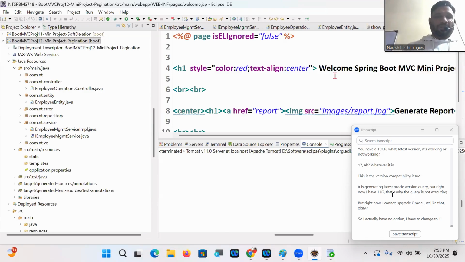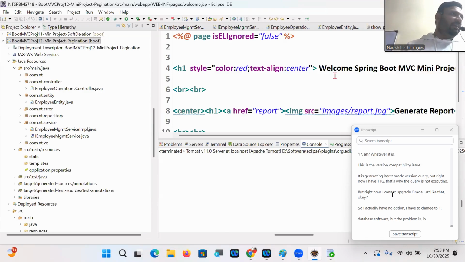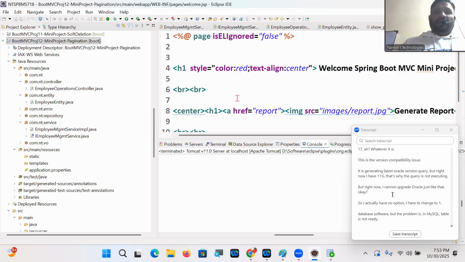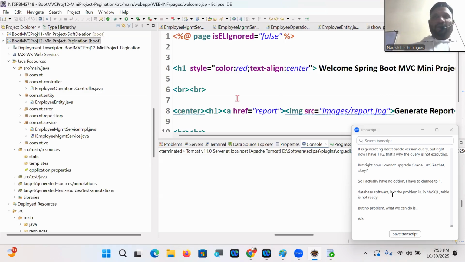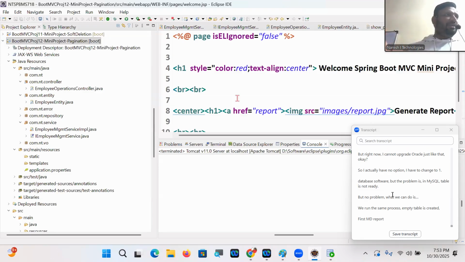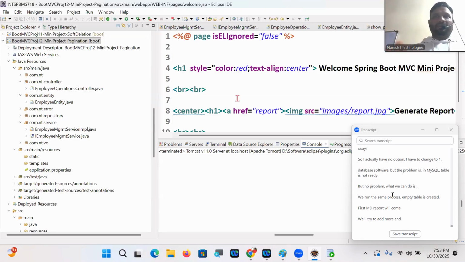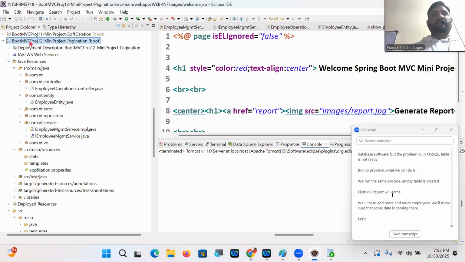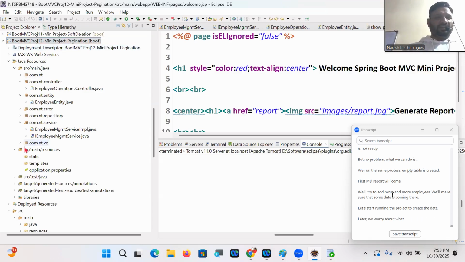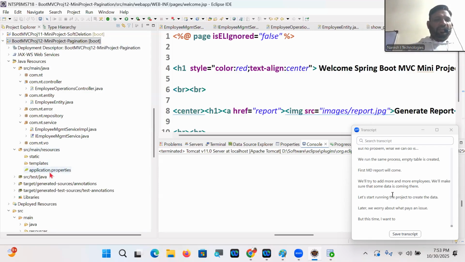Database software. But the problem is in MySQL the table is not ready. But no problem. What we can do is we run the same project. An empty table is created, and first an empty report will come. We'll try to add more and more employees and make sure that some data is coming there. Let's start running the project to create the data. Later we worry about what? Pagination. But this time I want to see the application pointing to